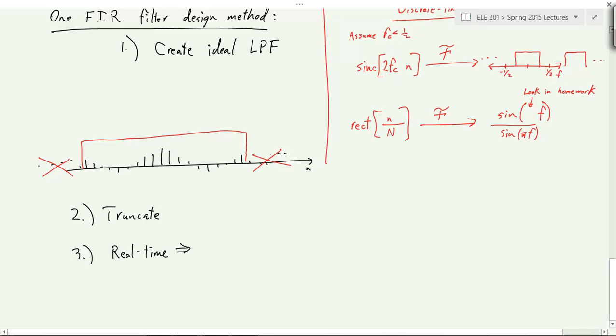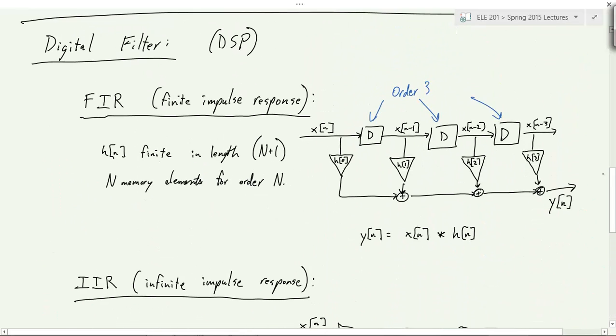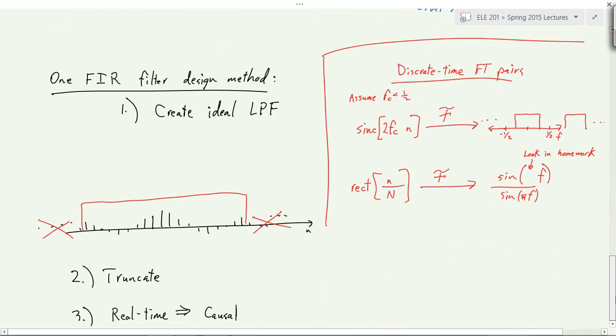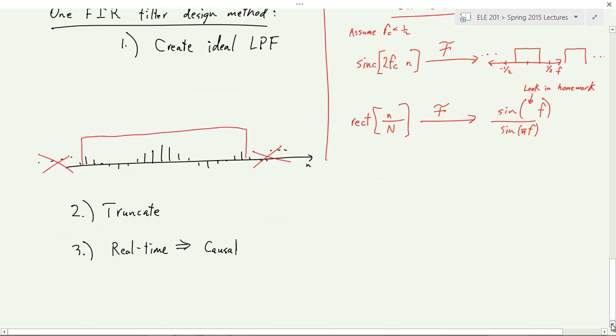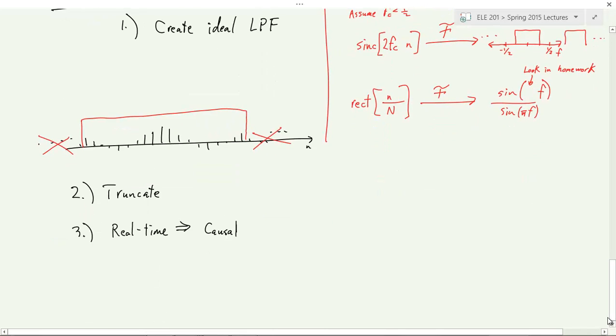So maybe you're looking at a real time process. Maybe you're not. But if it is real time, then in fact you would have to be causal. So you can't, notice in this block diagram, I can't use memory to look at the future of x. So the impulse response has to be causal. All right. So then what you would do is just delay. So this would mean make it causal